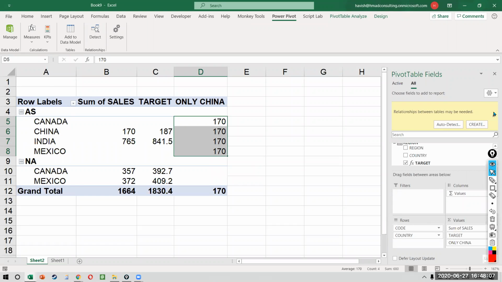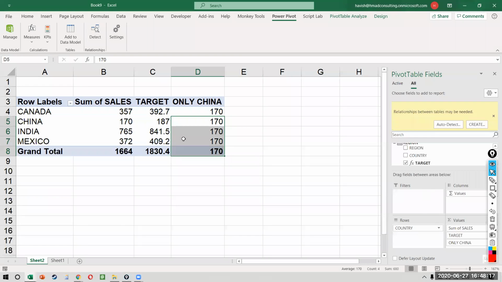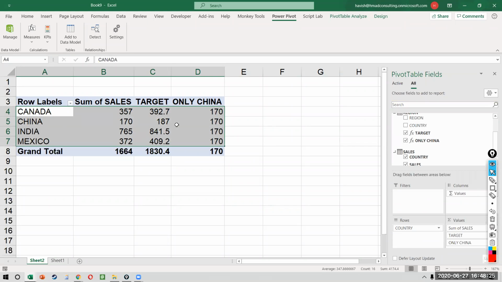Now, this is very helpful because sometimes in a table, you want to show a value that is not modified by filters. So despite, let me remove the code. Let's not keep it more complicated than it needs to be. If you notice, despite the fact that I have a Canada, China, India, Mexico filter, which means the countries there in my rows, it is only showing me China here, which is very helpful because when you're presenting your data, you can show the country-wise value and the China only value next to each other.